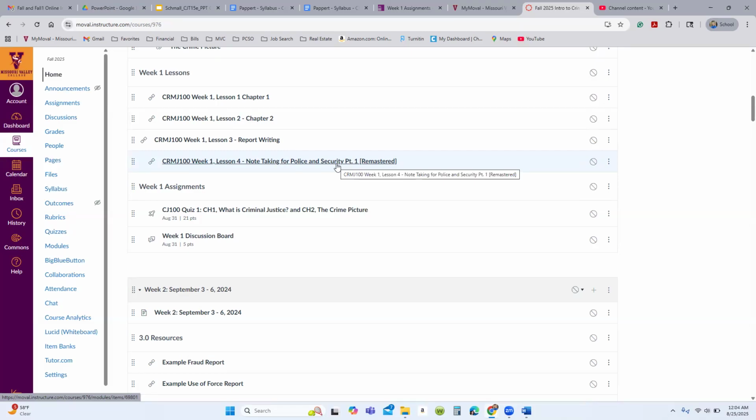theory, or not theory, sorry, crime stats, like how crime stats are collected, and that kind of thing. And then I'm kind of going out of the book for report writing, because there really, believe it or not, is not really a discussion of report writing in the criminal justice textbook, which I think is kind of bonkers. But it is an essential skill that everybody that works in law enforcement, corrections, juvenile justice,